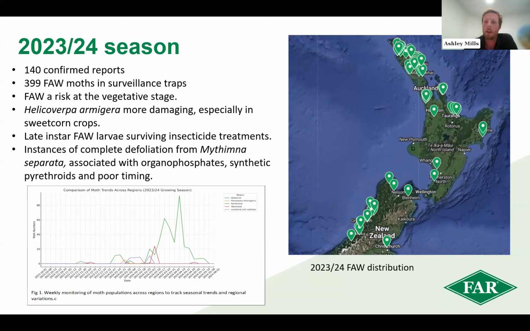So as I mentioned, compared to our neighbours in Australia, our moth captures here remain significantly lower, and we just do not experience the same population levels throughout the season. The peak flight periods are in the little graph on the left there. The line in green is Northland, and that's where we're seeing the bulk of our large populations. The peak flights correlate to the end of most of the maize and sweet corn crops around the country.